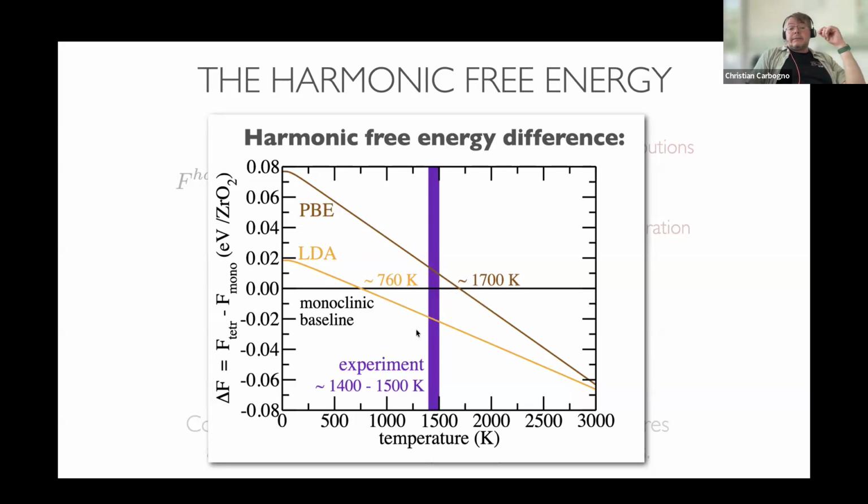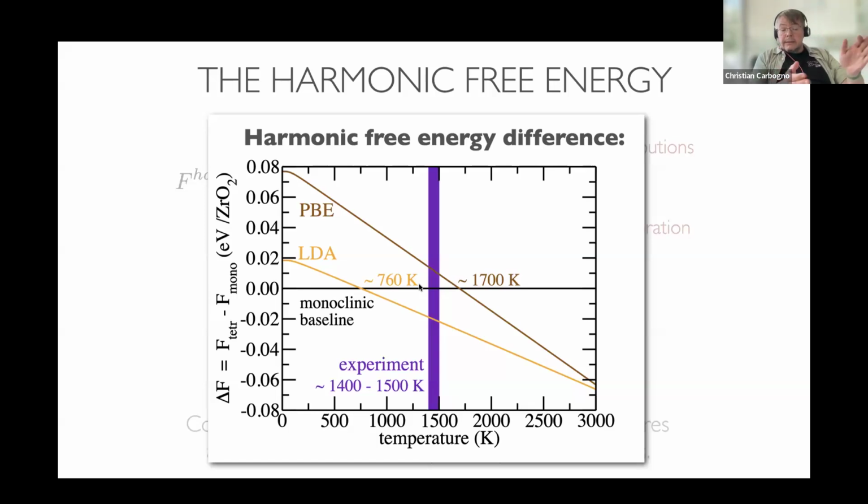You have to think about it. Here, experiment would give you something around 1400, 1500K for the temperature of the phase transformation. And if you think 300K is essentially only 25 meV, this is a relatively small energy difference or energy error that we see here. So this also tells you that when calculating these things, you have to be careful and you have to converge accurately, not just in the exchange correlation functional, but also in all other properties to get a nice result.